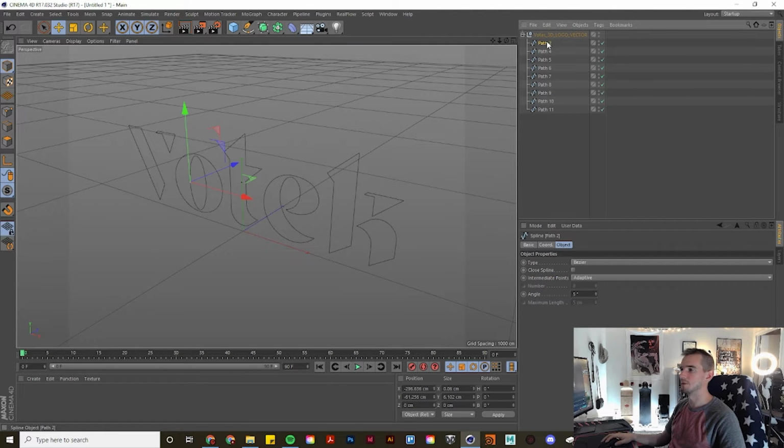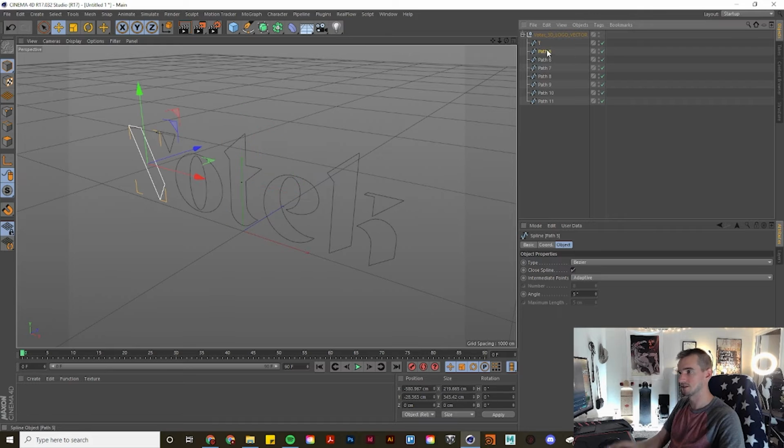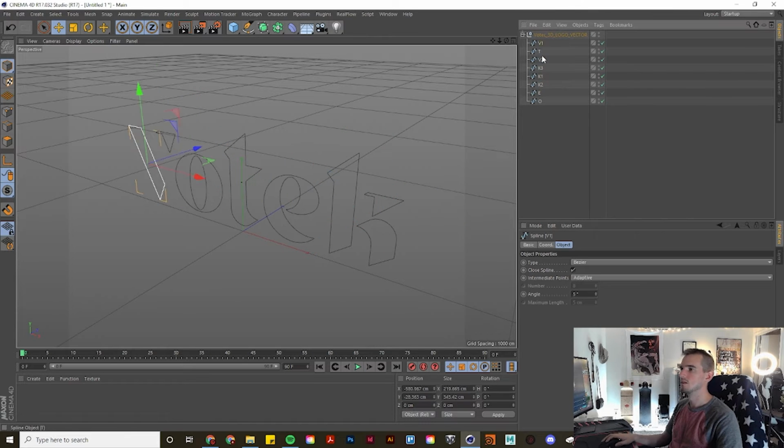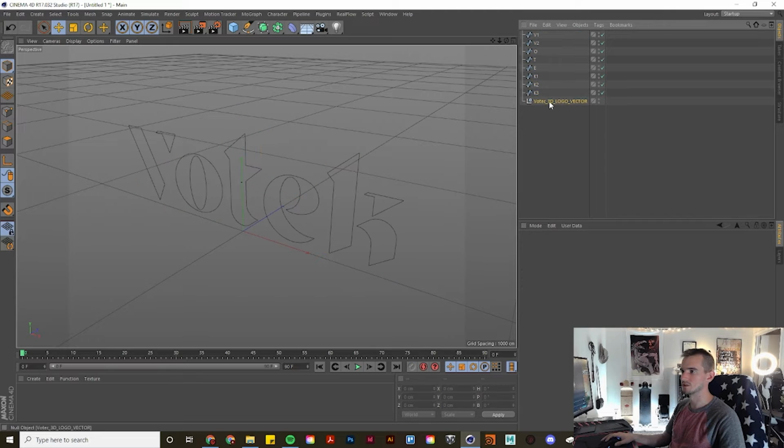So if we go into our panel up here, we can break this out into all of the individual paths that make up this logo. So it looks like we have a couple in here that aren't needed, so we're just going to go through, make sure all of them are actually parts of the word, and delete any that aren't needed. Now, the next thing I'm going to do is I'm going to go through and I'm going to label each of these paths so that I know the difference between them just at a glance. Alright, now that we have these all labeled,